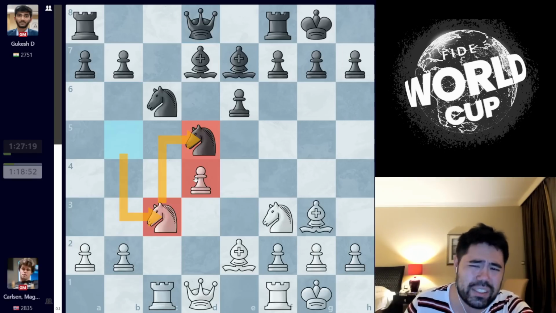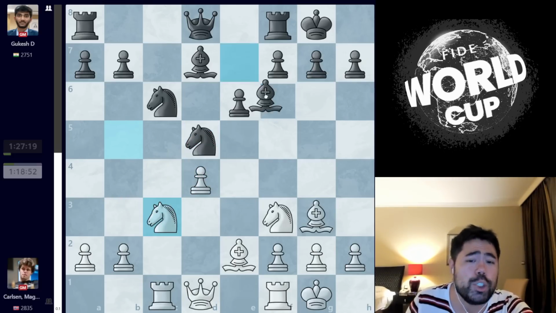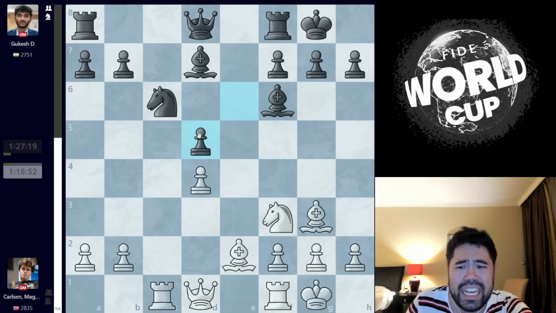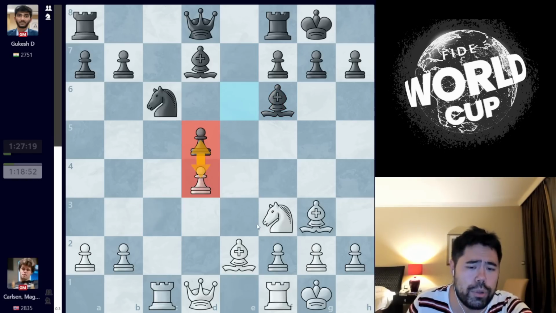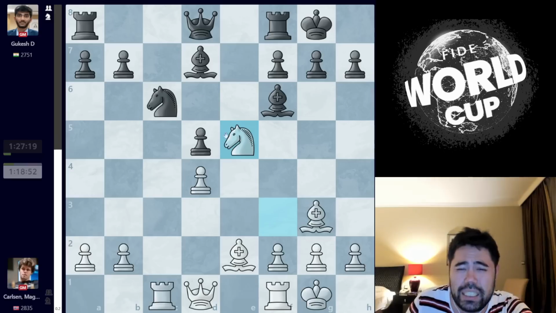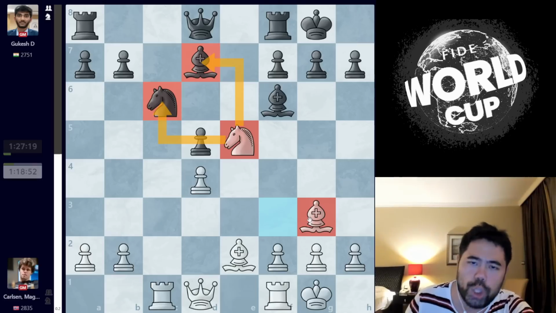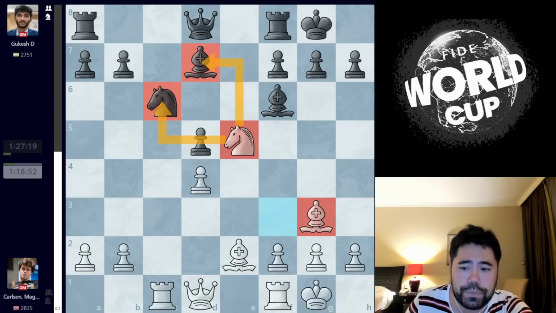Now, this is the first move that I think is perhaps a little bit dubious, but based on the match situation of Gukesh needing to win this game to stay alive, it makes a lot of sense. Bishop f6 is probably a little bit more solid, but after knight takes knight, pawn takes knight, now we have a symmetrical pawn structure in the middle of the board, and after a move like knight to e5, we're going to see some knights and some bishops potentially get traded here, and with all these pieces coming off the board, Gukesh will have no chances to win the game.